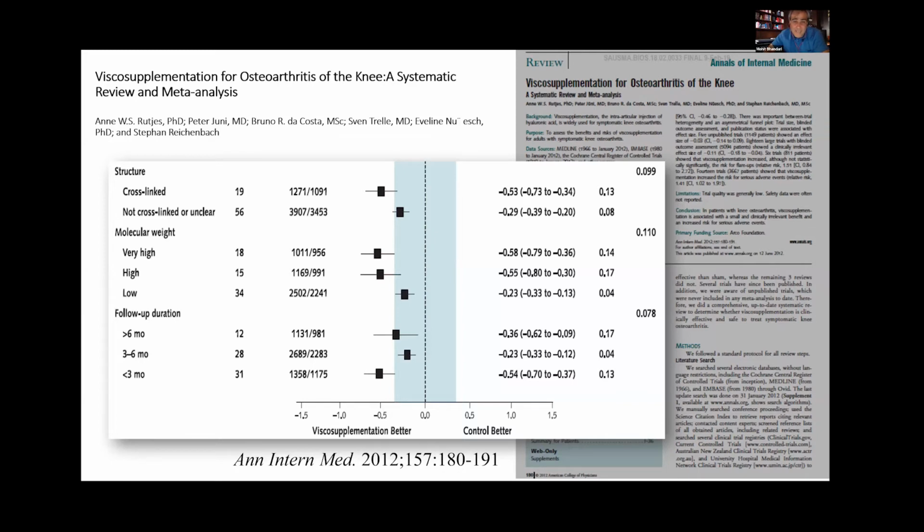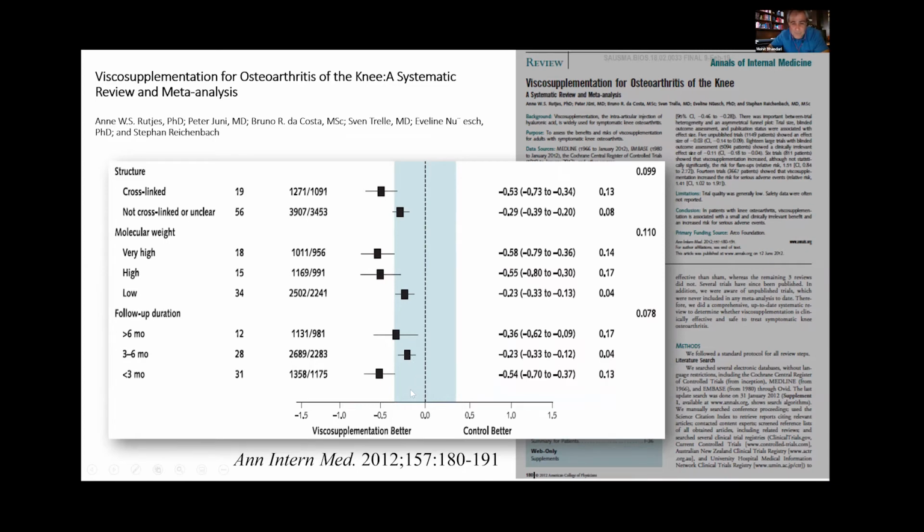But this is taken exactly from that original 2012 paper, Ravi. And I know you probably have this, but just for some of the folks who are listening and who may not necessarily understand how this paper was constructed, this is a meta-analysis. And remember, the overall effect suggested that there was no difference. It was a statistically significant but clinically unimportant difference, is how they called the HA period.